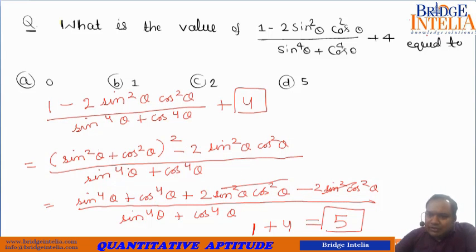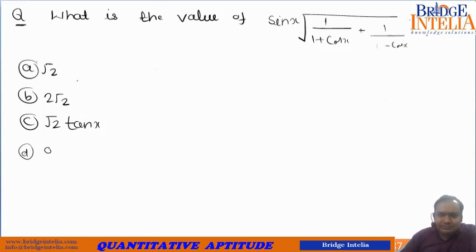So I would always suggest that you go for substitution if all the 4 given options are distinct and clear cut. Here all the 4 options were distinct. What is meant by distinct? The options were not in the form of, let's say, cos theta or sec theta plus tan theta, which you again need to determine. They were distinct. They were actual numerical values. Okay, now let's move to the next one.